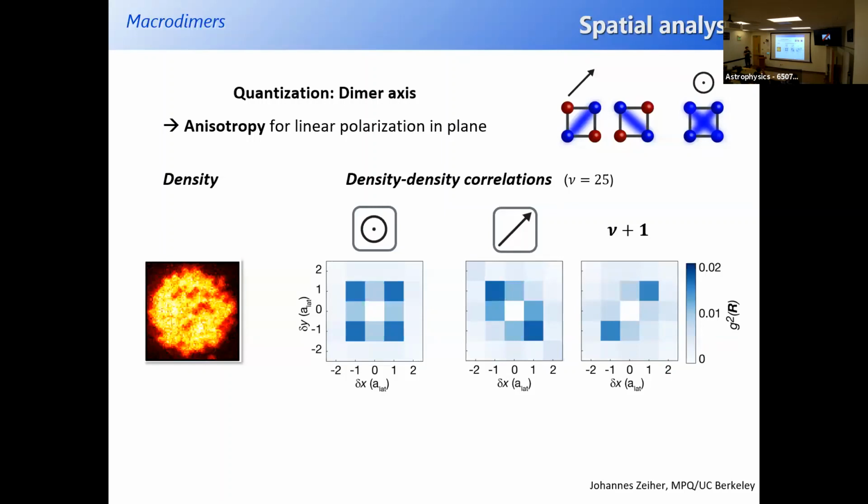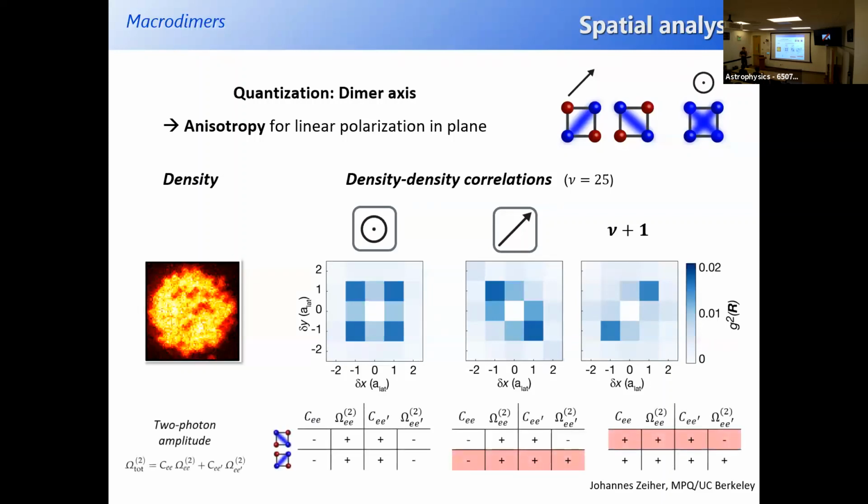And if you go from, let's say, mu equal 25 to mu equal 26, your motional state actually changes symmetry, as you know from the harmonic oscillator. And it turns out that due to an interference effect between this electronic and the motional part of the wave function, you start interfering destructively where we were interfering constructively before, and vice versa. You start to interfere constructively where we were interfering destructively before. And you can actually make a table with these contributions.